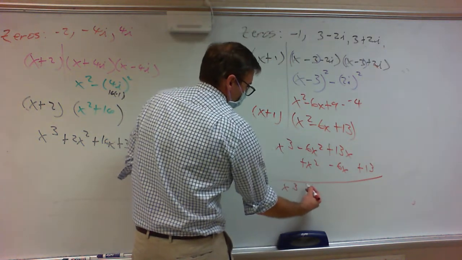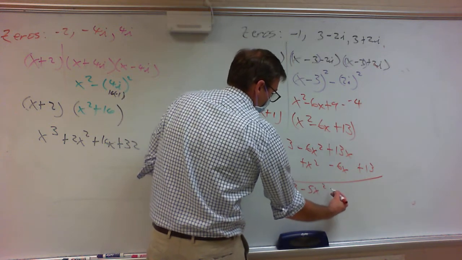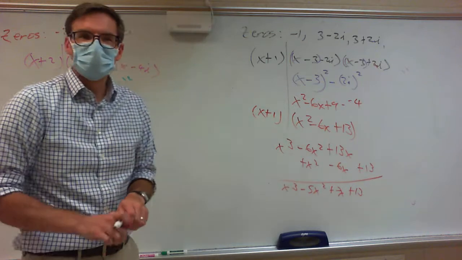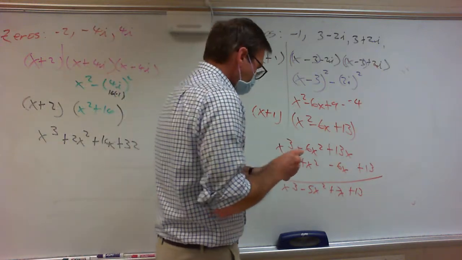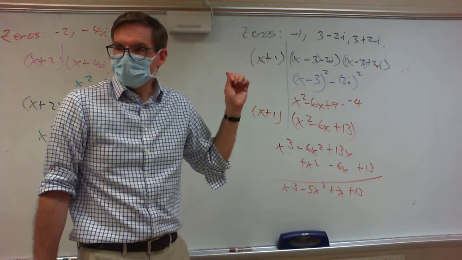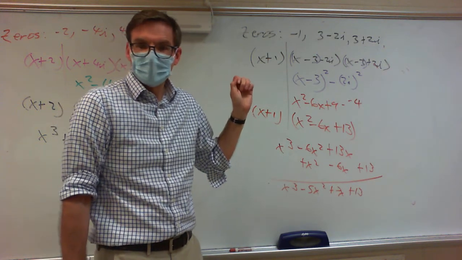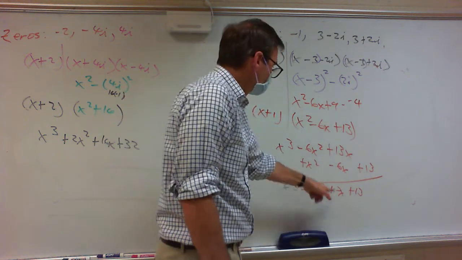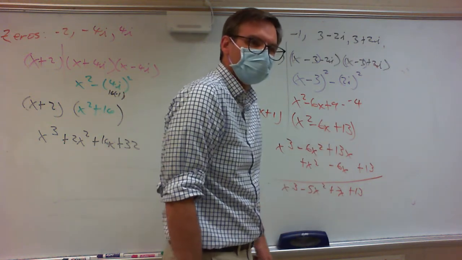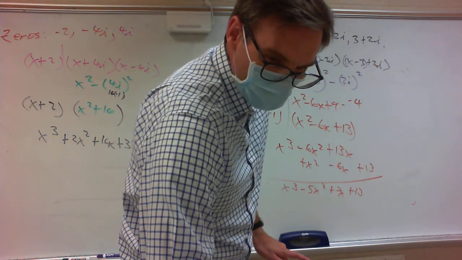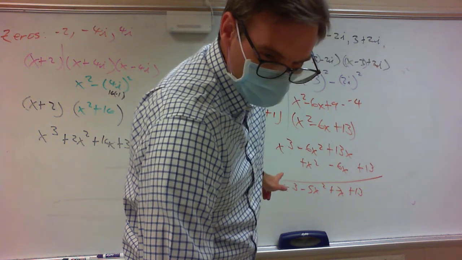End up with x cubed minus 5x squared plus 7x plus 13. Everybody kind of see how that worked? What is that number next to 13? 7x. It's 13 minus 6. Okay. And normally I would give you another example to work through this, but I also want to